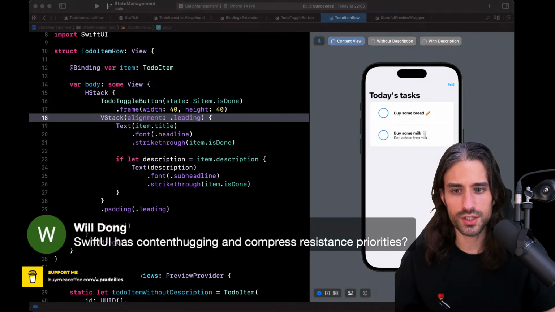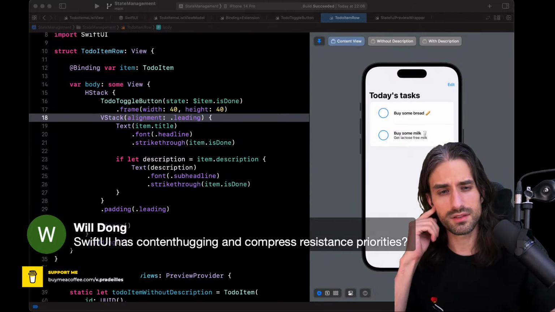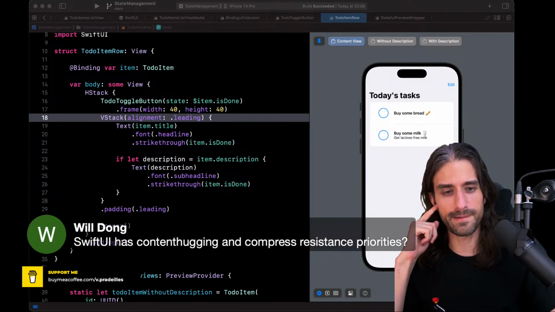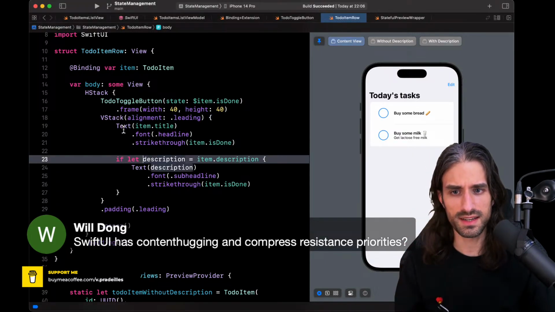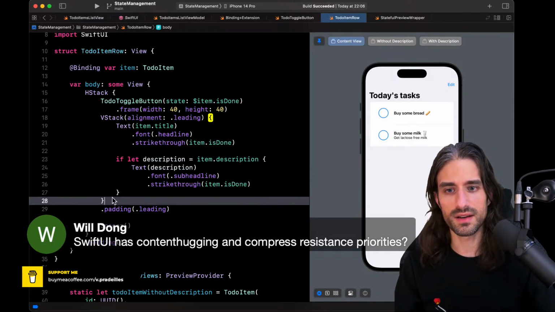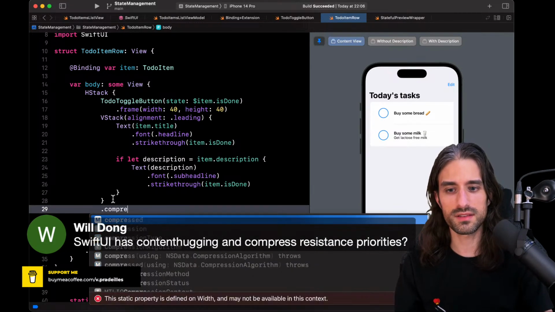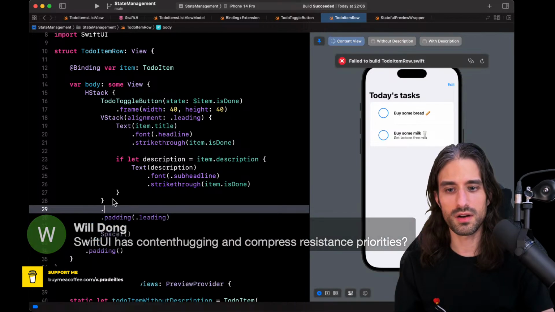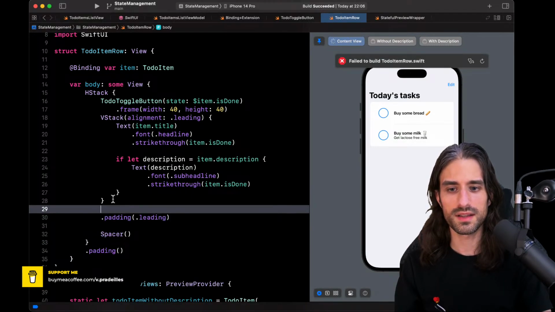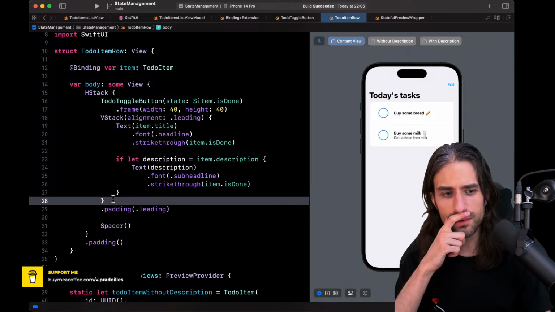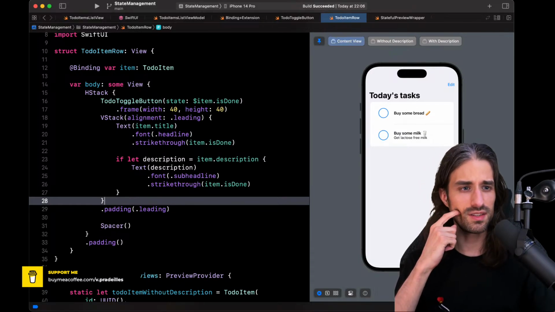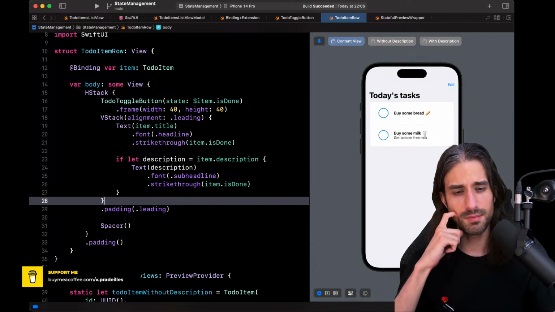Okay, I see one question. SwiftUI has content hugging and compression resistance priorities. That's a very, very good question. Let's see. If I take like this view, for instance, if I look at compression resistance, I don't think you will find the equivalent in modifiers, even though I'm not 100% sure.